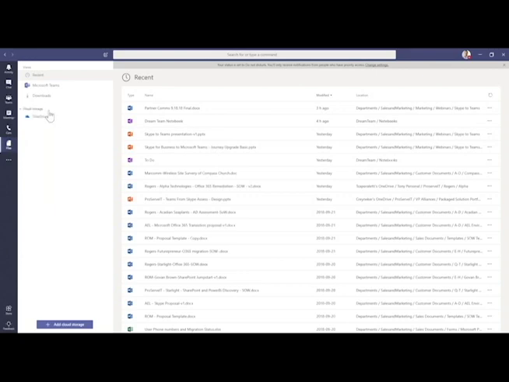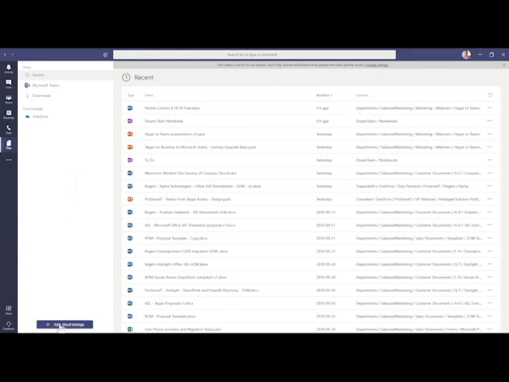And what's really cool about this Files tab is that now you have access to all of these recent files that you've worked on. What's interesting is that these files are ones I've been working on, not necessarily in the Teams application, but outside of it in either Word, PowerPoint, or Excel. They're actually showing here as my recent files, which is really cool. And you'll notice that the cloud storage container OneDrive is already active here in my Teams application, because I have a OneDrive account with Office 365.